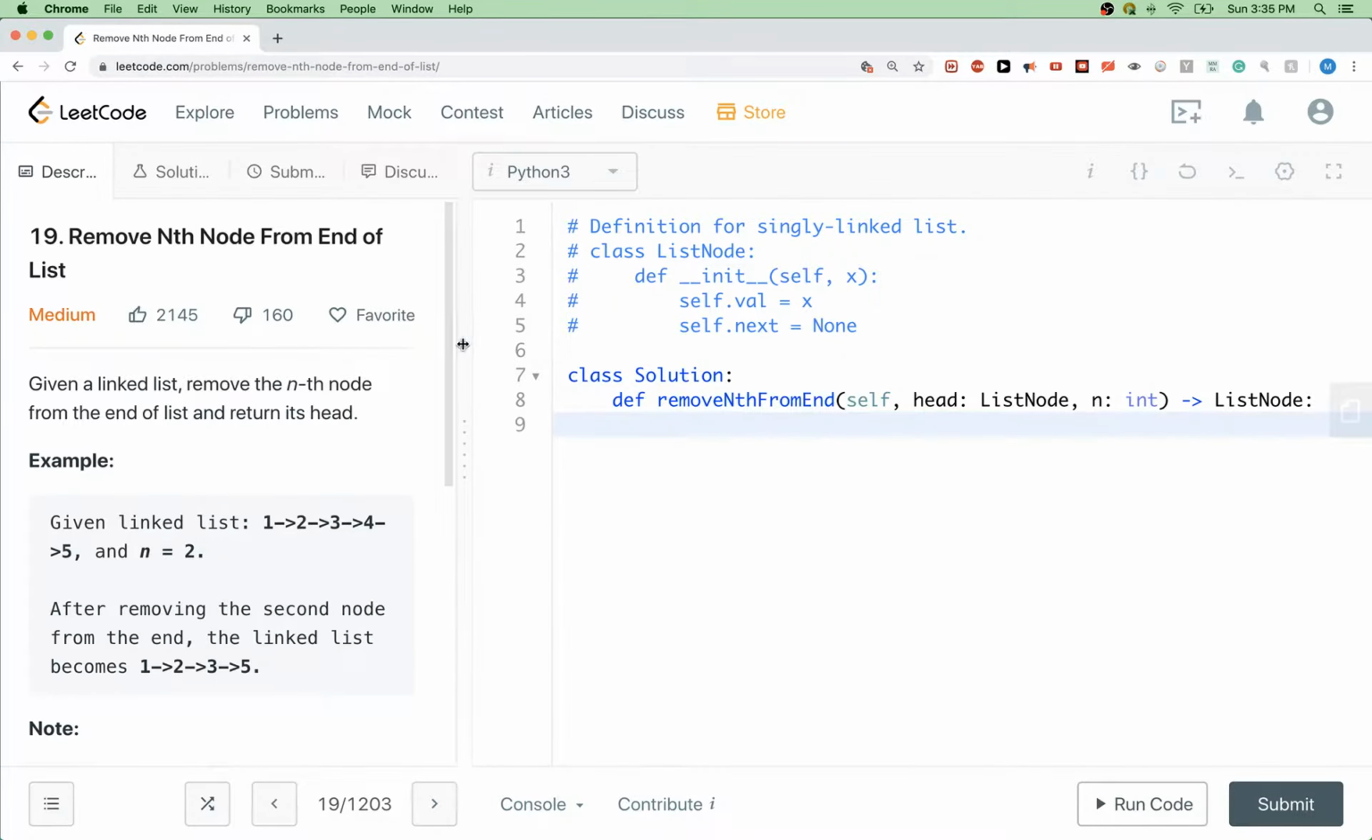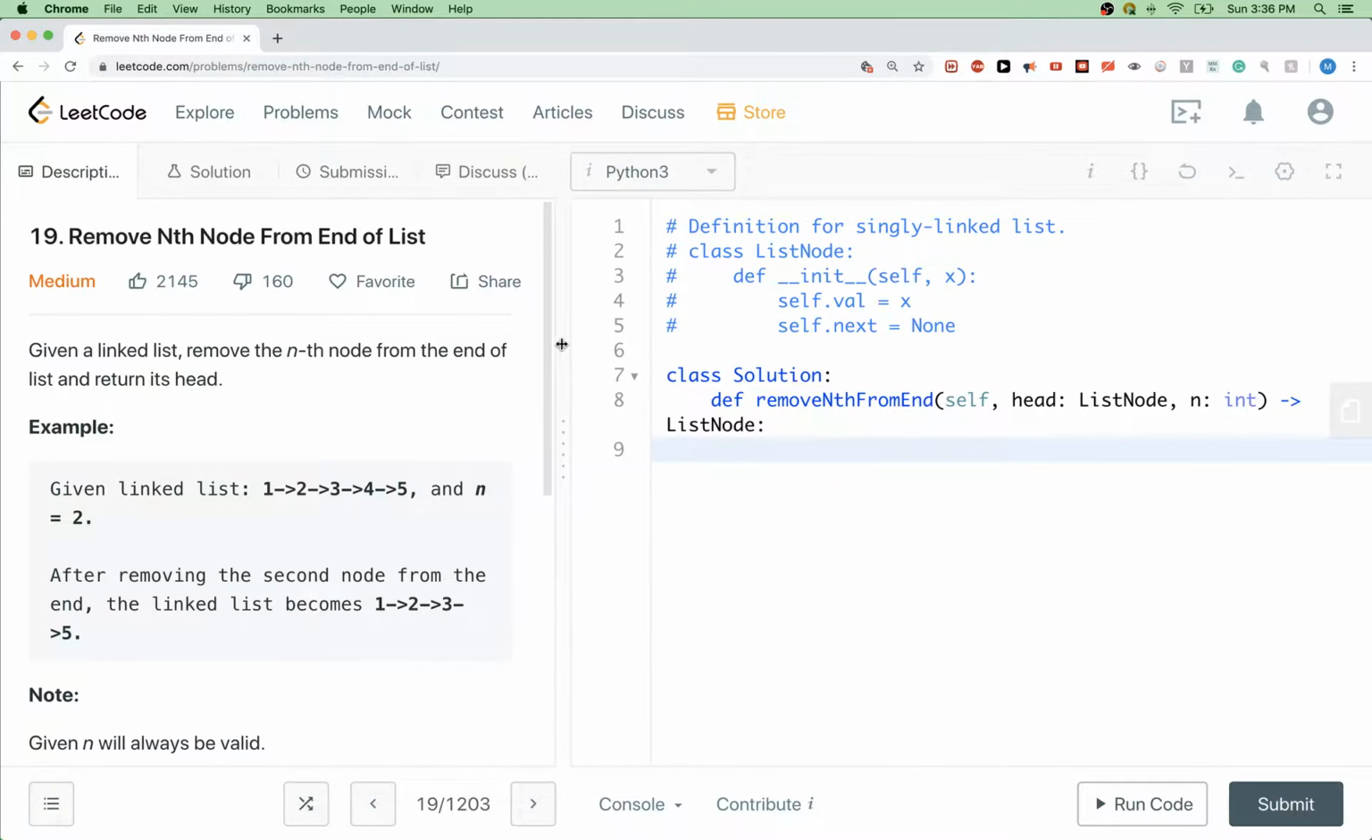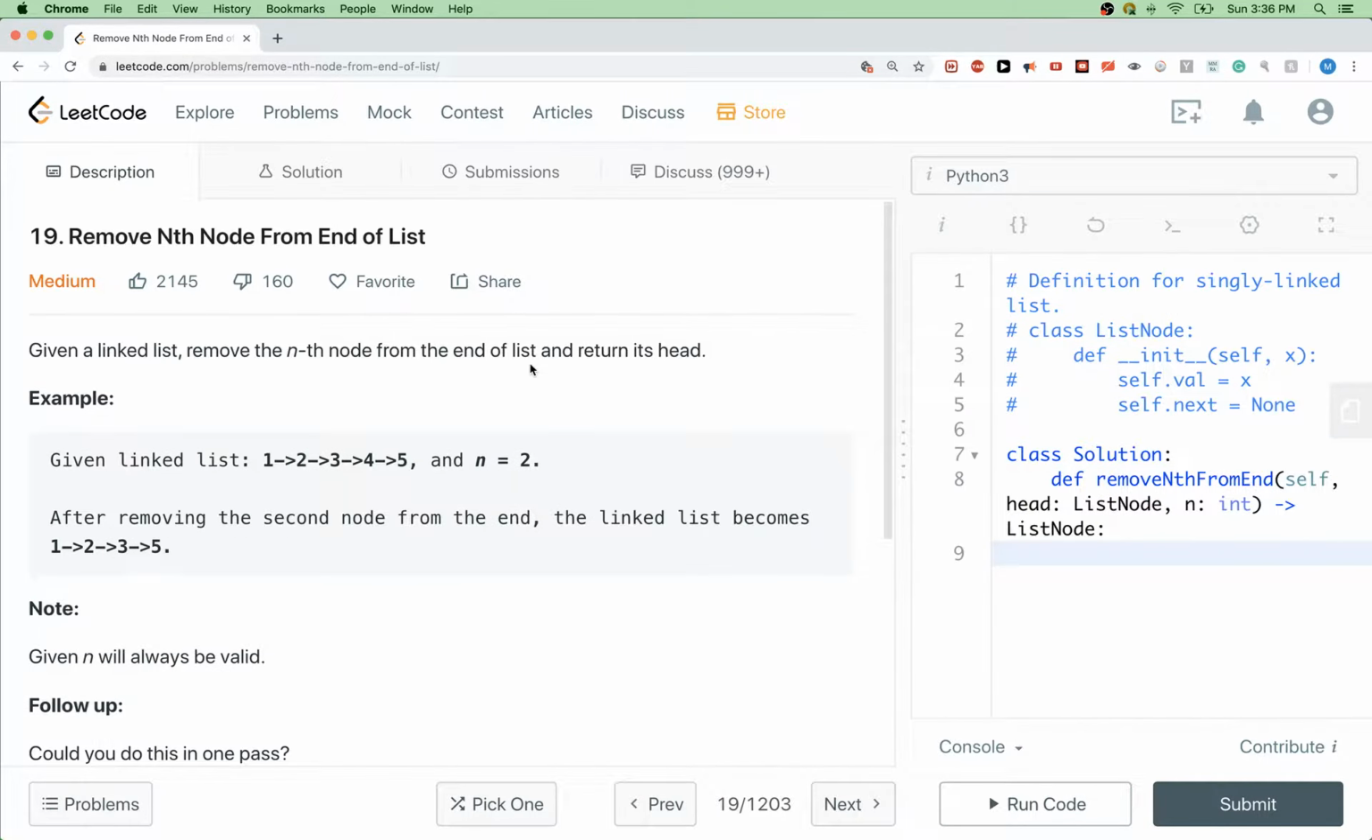Hello, so today we are doing this problem called remove the nth node from end of list. The problem says we get a linked list and we want to remove the nth node and return the head. So for example, nth from the end, not from the beginning. For this one, the second from the end, which means counting from the end backwards, it's this